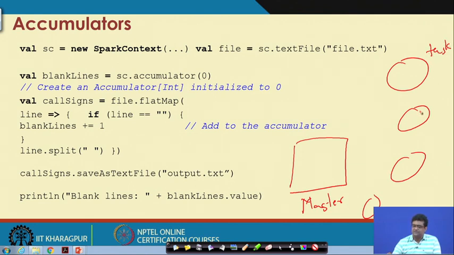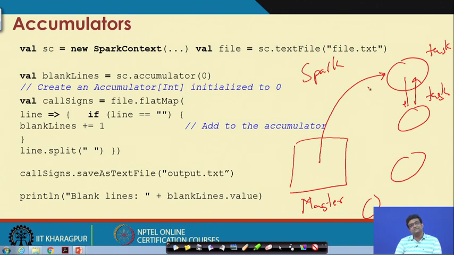This is where all the tasks are running. All the communication for Spark happens between the task machines. For communicating a master variable to the task machines, we use what are called closures.